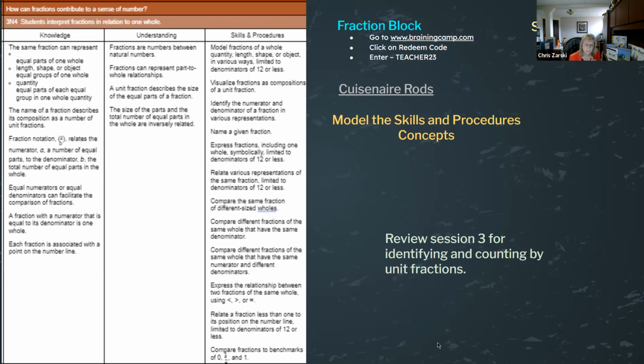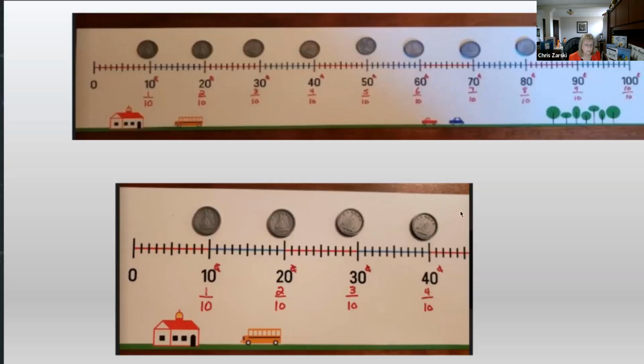So if you're not remembering, when we did it with money, session 3 is where we put money onto a number line. We leveraged the skip counting by money. We leveraged their understanding of how many different coins are in a loonie, in this case, 100 cents. We used dimes to start. We did nickels, we did pennies, we did quarters. That's an everyday real world context. That's a real way for me to link unit fractions for a student. But it's also learning the money piece that I need them to learn at the same time. Remember, money was a concept and a tool. So this was the work that we did in session 3.